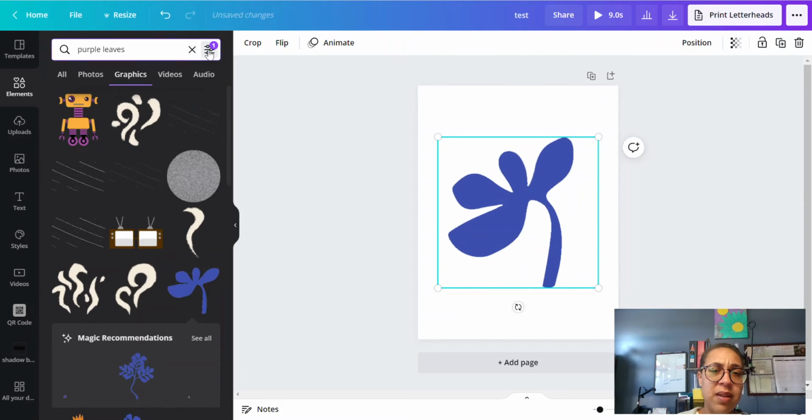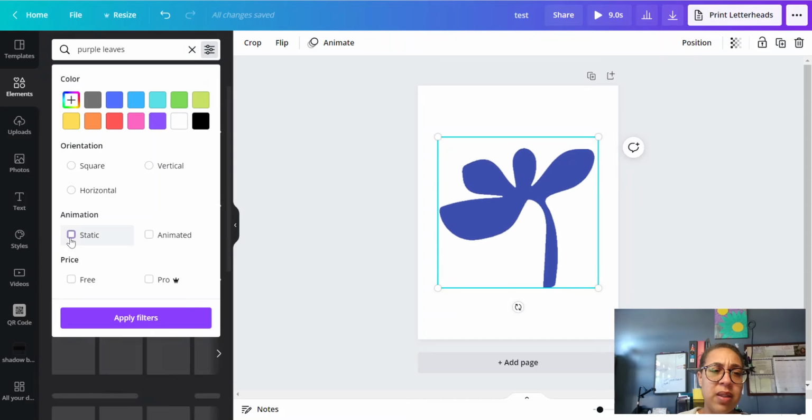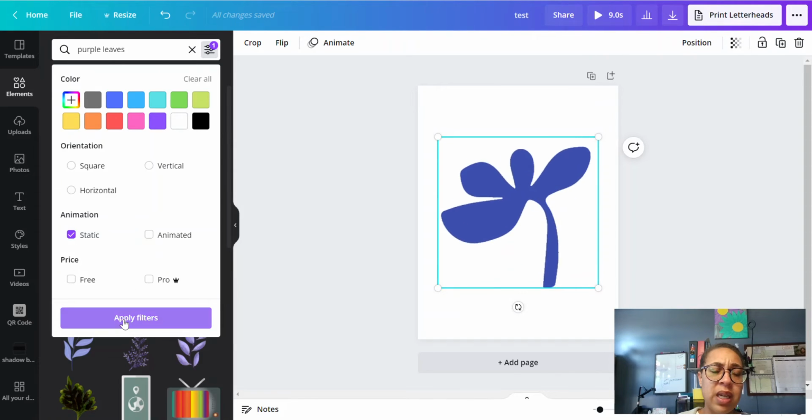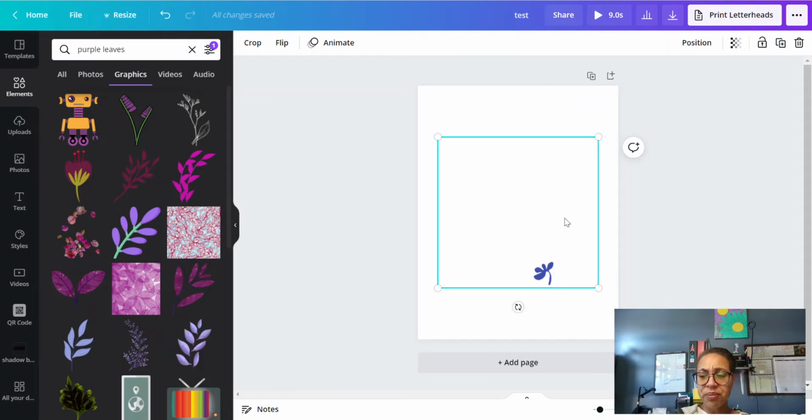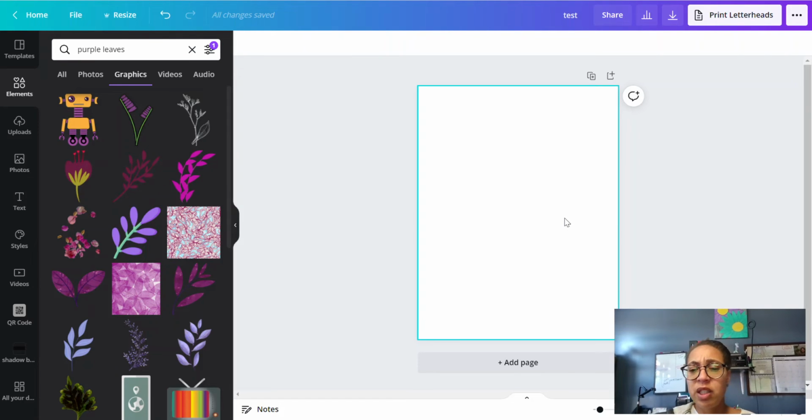Sometimes it doesn't work at first. You have to unclick it and click it, I found. See? It's weird. Excuse me while I take a sip of my drink. So that's something that I found along my way of using Canva, is that the filters don't always work, especially because I use filters a lot because I try to keep my white label templates